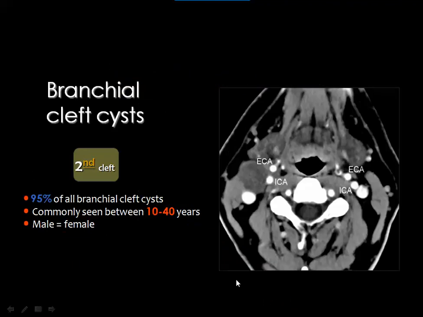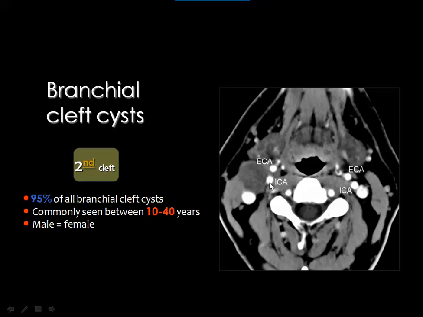But the second, which is very common, representing about 95% of all branchial cleft cysts, and this is the age incidence, it has a very, very typical location. This location is related to the anterior aspect of the sternomastoid muscle, the posterior aspect of the submandibular salivary gland, and this appearance is almost pathognomonic, and you see a tongue-like projection of the cyst between the branches